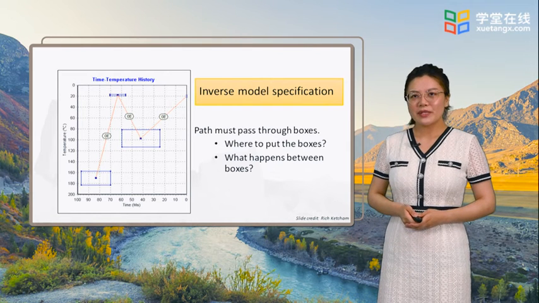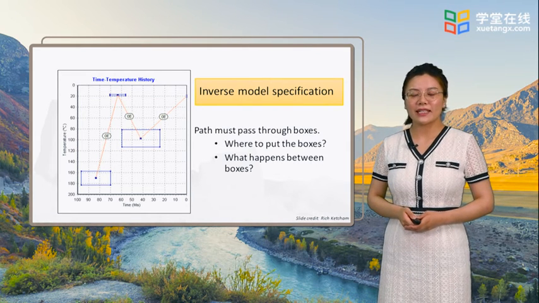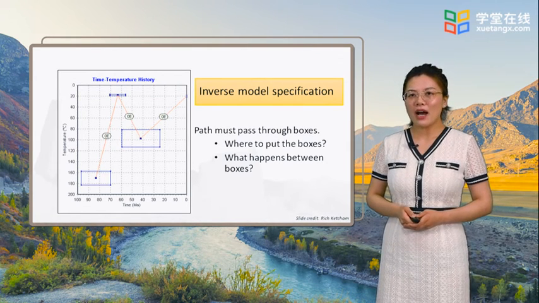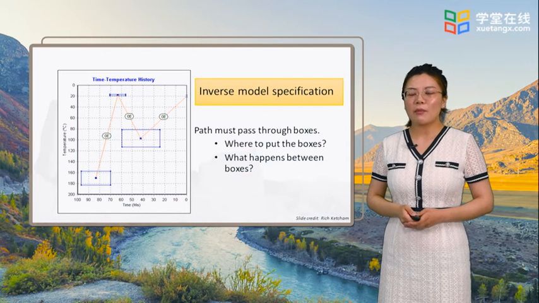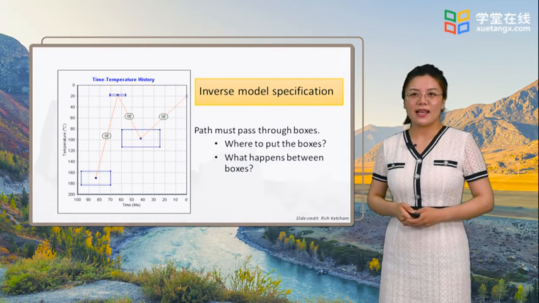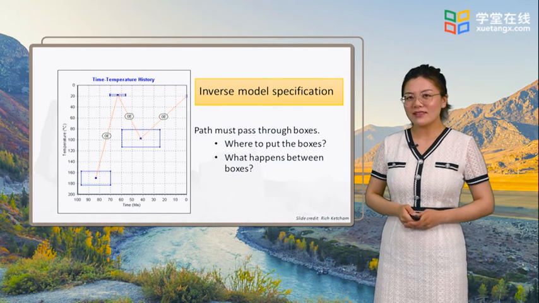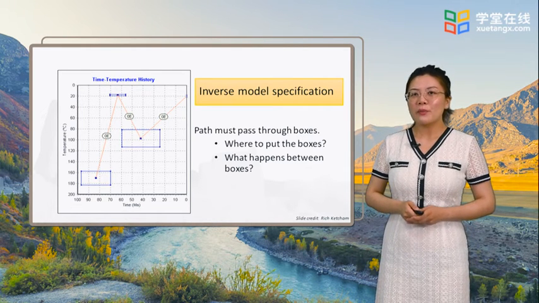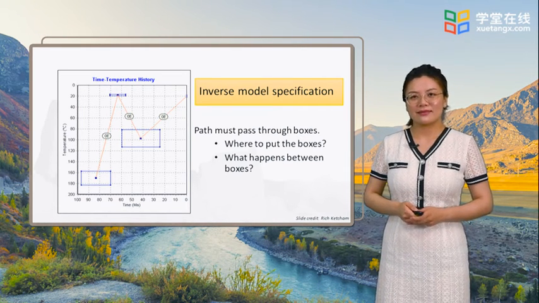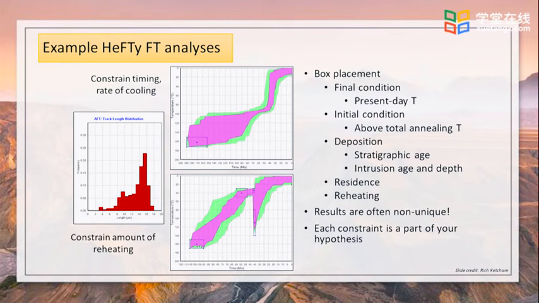To determine the specifications of inverse modeling, the temperature modeled path must pass through the boxes of the constraints. So, two key questions: where to put the boxes and what happened between the boxes. Here are some principles for the placement of the boxes. For the final condition, it is normally the present-day temperature, whereas for the initial condition, it should be above the